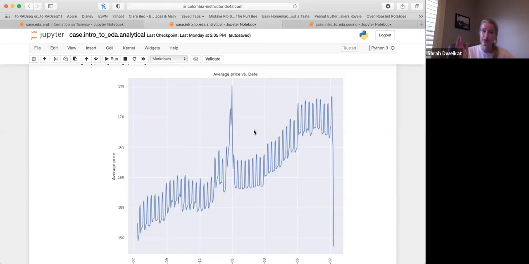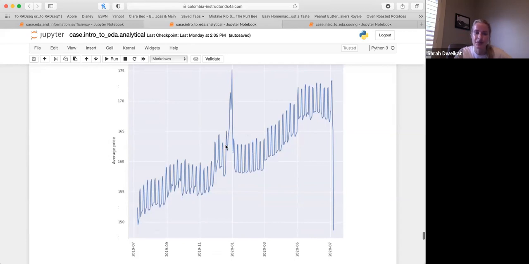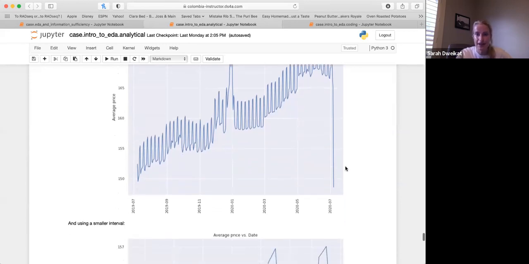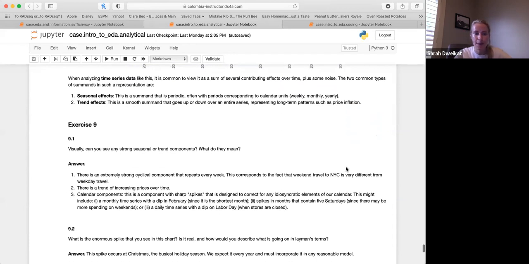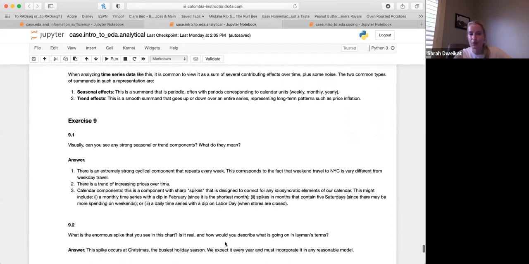Even if it was bigger than that, you would still have to investigate your data a bit more, because like all of you said, this is the Christmas, New Year's holiday time. A lot of people are on break, going on vacation, taking time off. One thing we could also look at is more years. If we saw that same spike every single year, that would also tell us that it's real.